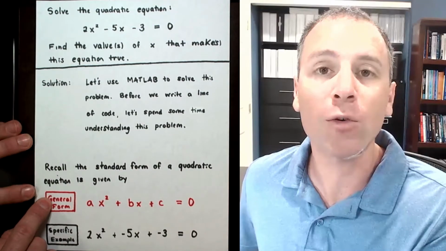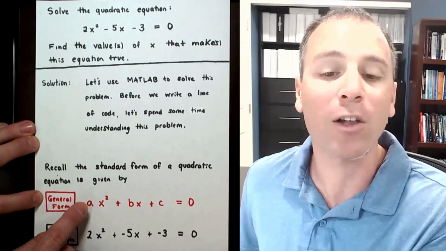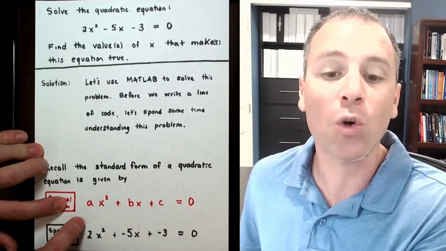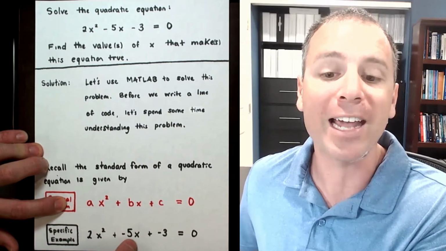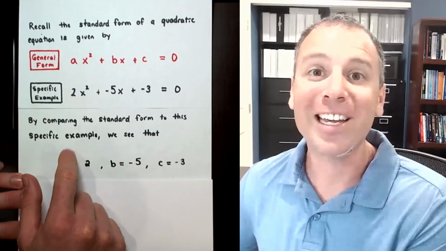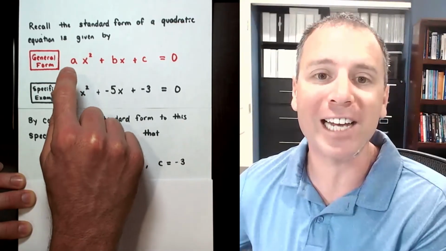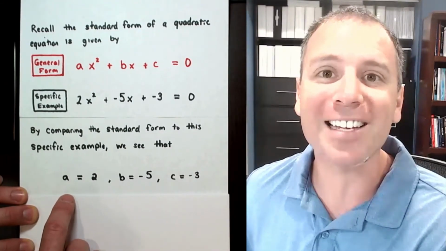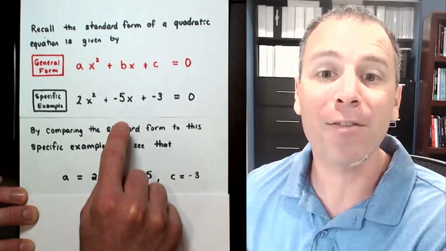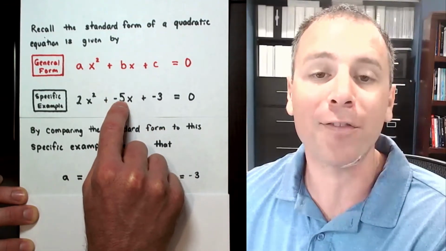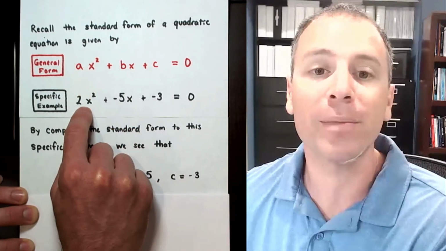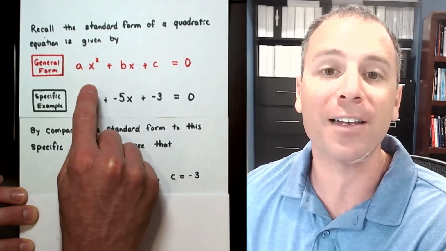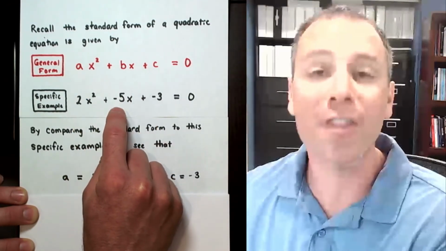If we compare the general form with coefficients or scalars a, b, and c with the specific equation that we're trying to solve, in this case, we see this correspondence. We have 2x squared plus negative 5x plus negative 3 equals 0. We continue our journey into the past by remembering that we can actually identify the specific values for each of those coefficients in standard form. Here we see that a is equal to 2, b is negative 5, b is the coefficient in front of the x term, here I have negative 5, a is the coefficient in front of the x squared term, here I had 2. And then c is negative 3. So we've now specifically identified the value of the scalars in the general form for this specific example.